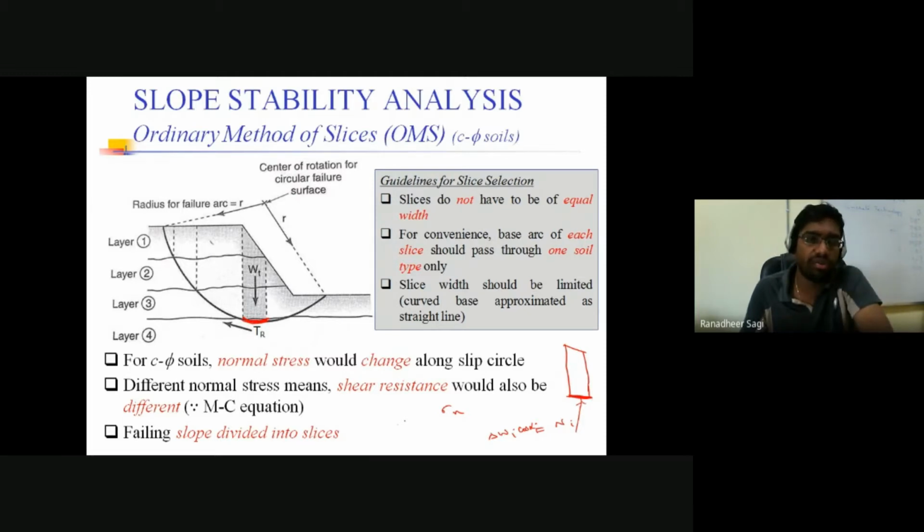So accordingly, we can go on to write that, and we'll be able to say how much is your total resisting force. If I know my total resisting force and the corresponding perpendicular distance with respect to the center, then force into perpendicular distance defines your resisting moment, divided by the force which is causing the driving in your soil medium. So which is that force which is responsible for causing the driving in your soil medium? It is the tangential component of the weight of that particular element.